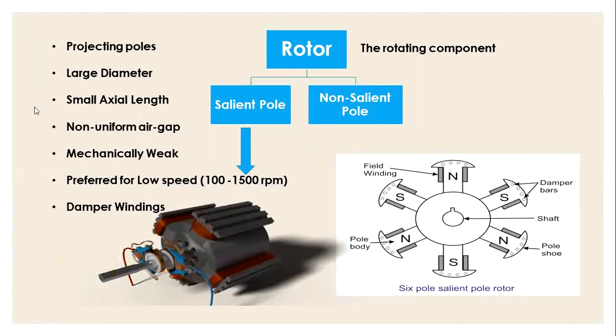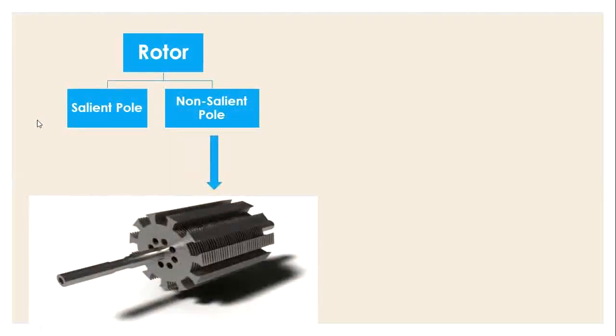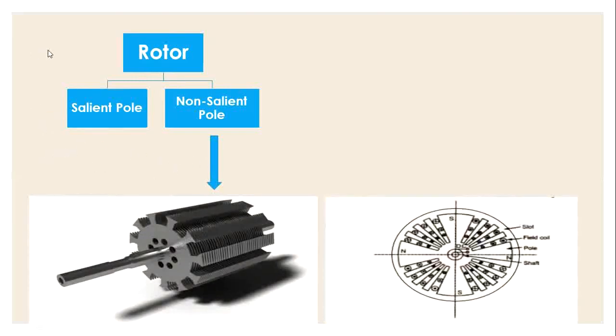Now let's see the other type of rotor, that is the non-salient type of rotor. So this is the picture representing the non-salient pole rotor, and this is the cross-sectional view if you observe here. So these are the poles. You can observe there are fewer poles here, only 4 poles. And what you see here is that they do not have projected poles, whereas they have the slots on the rotor periphery itself, right? The unslotted portion of the rotor behaves as the poles. We do not have projected poles here.